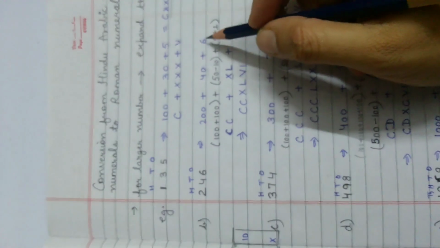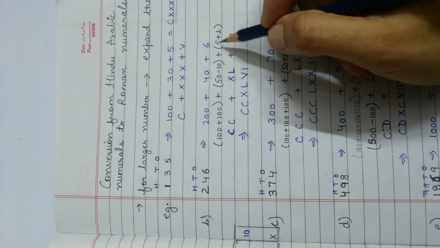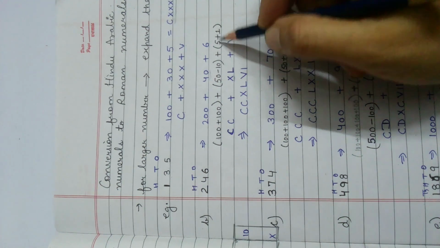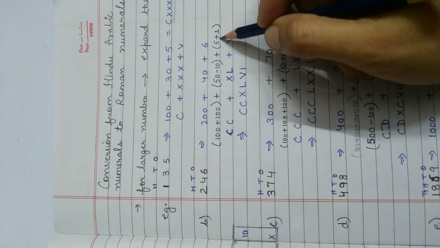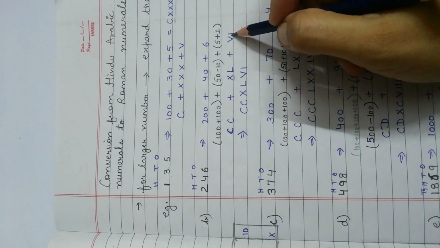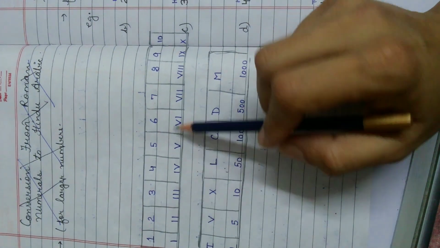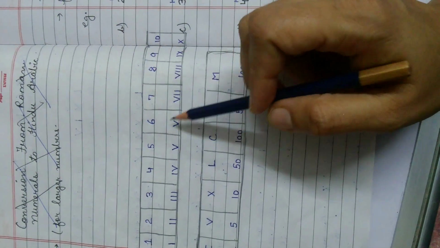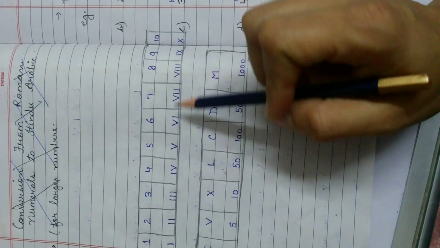Now let's come to 6. Do I have a symbol for 6? No. But I have a symbol for 5 and I have a symbol for 1. So it becomes 5 plus 1, which is VI. So it becomes 6. Children, it will be very easy if you refer to this table and learn the values. This is going to be very simple for you. Why? Because you often see this even outside your classes.